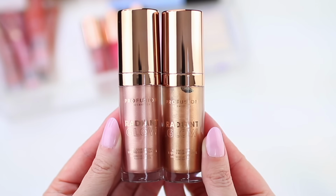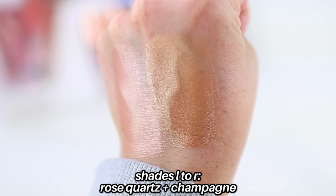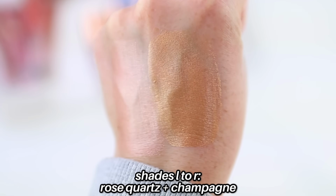Some liquid highlighters are a little bit too watery, some are a little bit too oily, so they end up erasing your makeup underneath, and some end up looking cakey or heavy and don't layer or play well with other products. This formula is so easy to work with. In fact, if you're new to liquid highlighter, I would recommend trying this one because it's just such an effortless